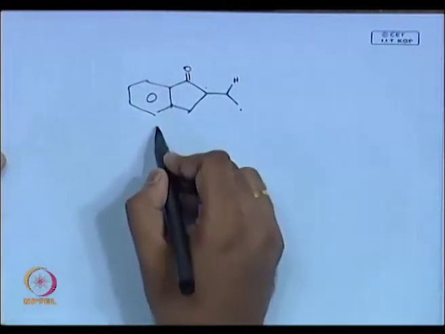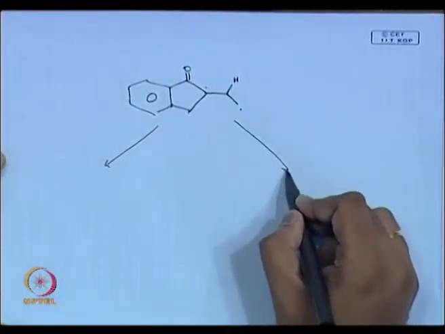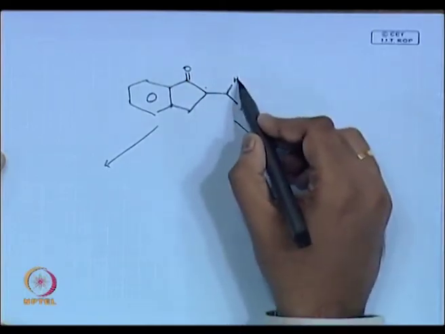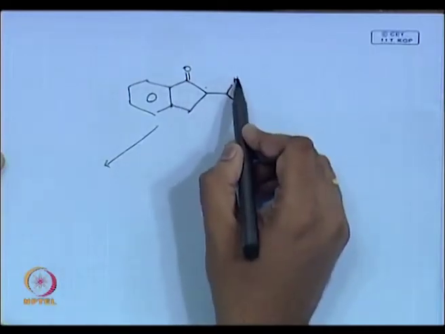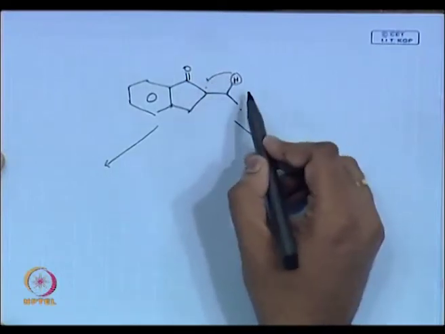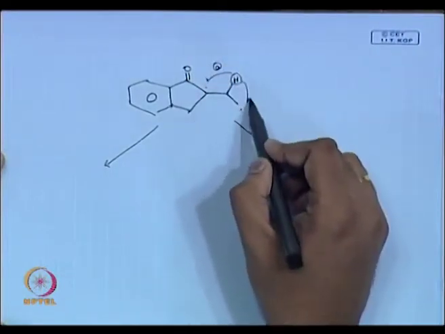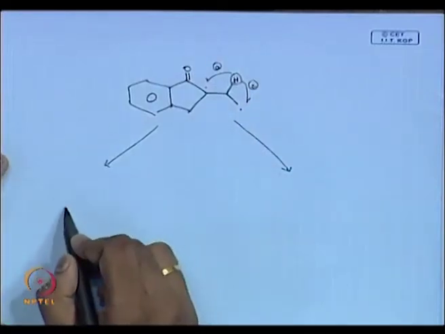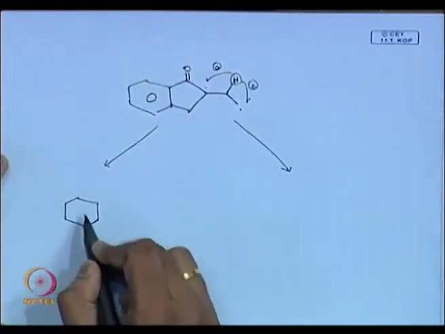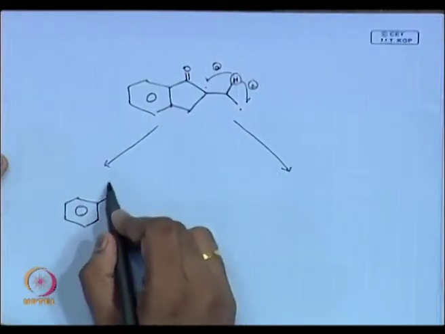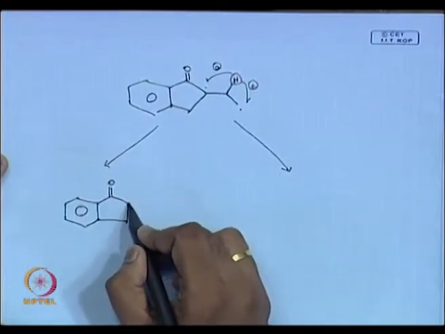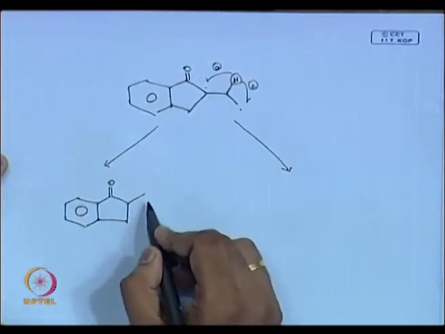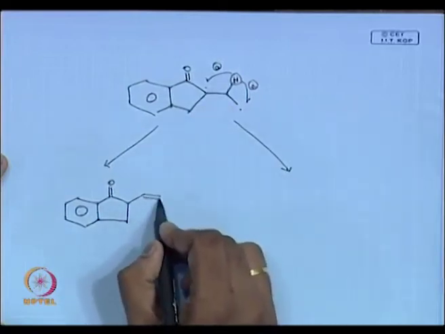Yes, I can write a product moving this hydrogen here, or I can write a product moving this hydrogen to this, a 1,2 hydrogen shift. I can do it in both ways. So, if I move my hydrogen, I can call this A, or I can move it the other way and call this B. If I move my hydrogen in this direction, then I can get an alkene like this.